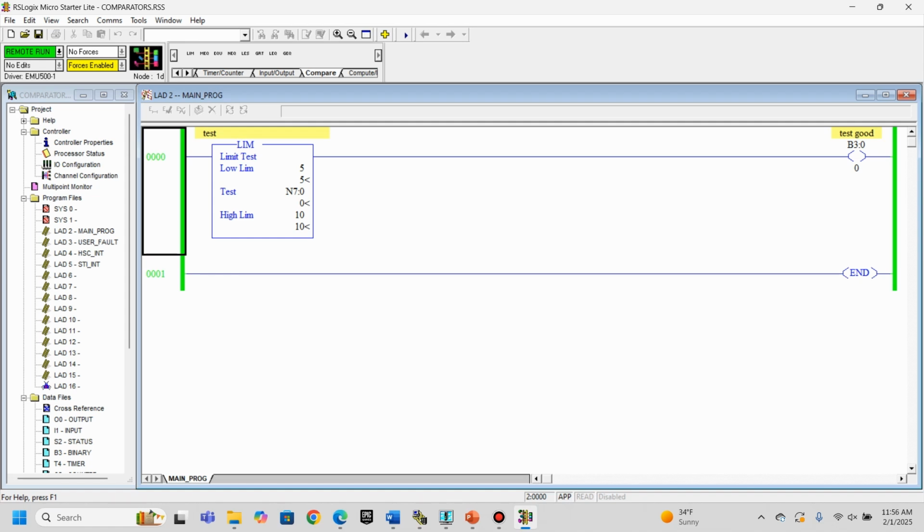All right, so the first of the instructions I want to look at is the limit instruction. And this is a really useful one for where you have a low limit and a high limit. In this case, I'm setting a low limit of 5 and a high limit of 10. And we're looking at integer file N70, and we want to see if the value in here is actually within